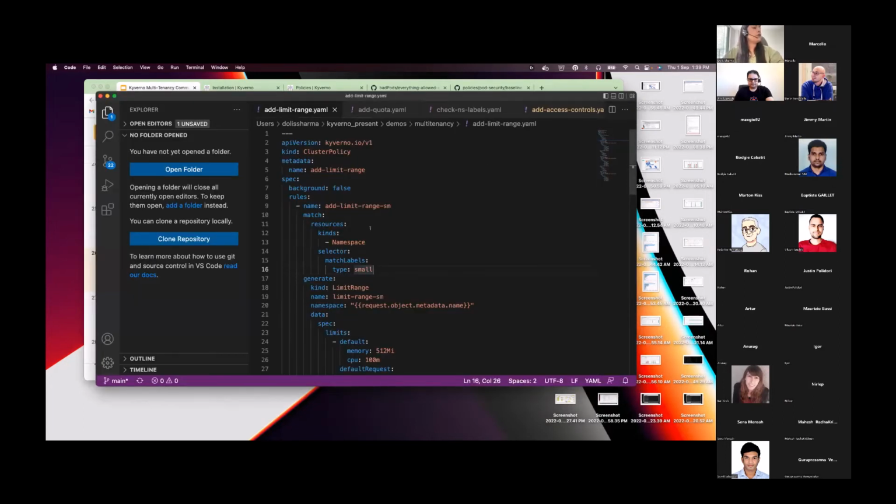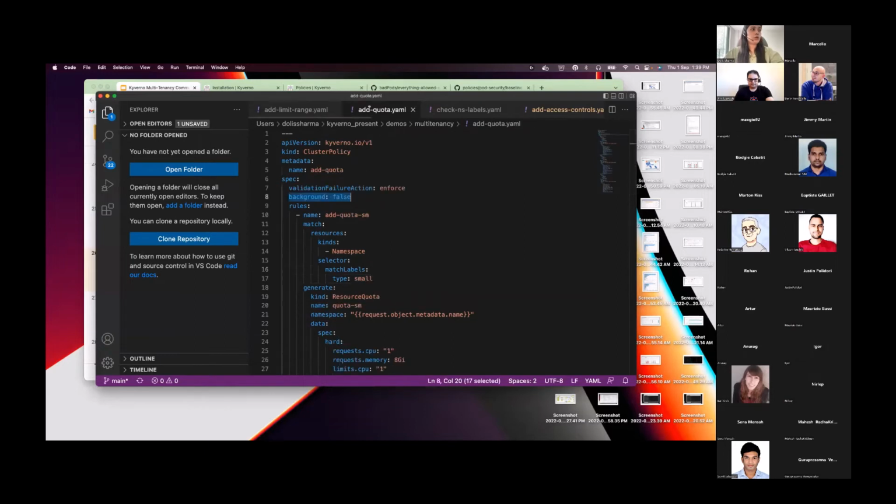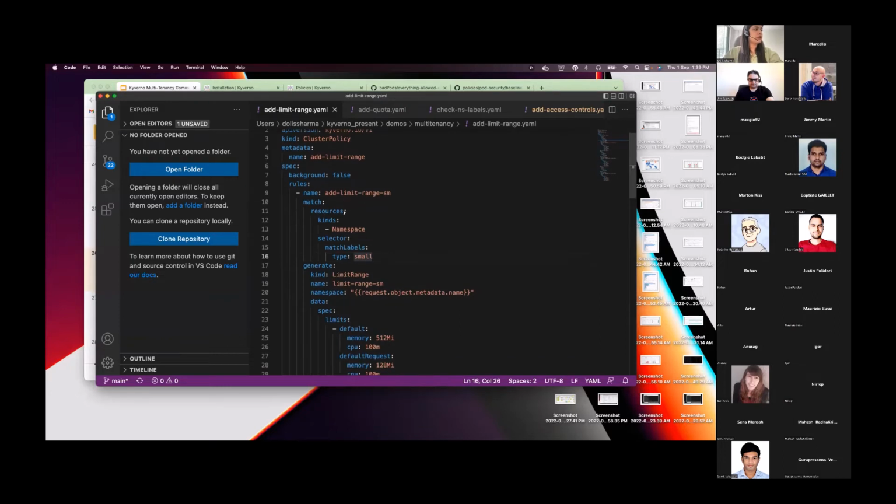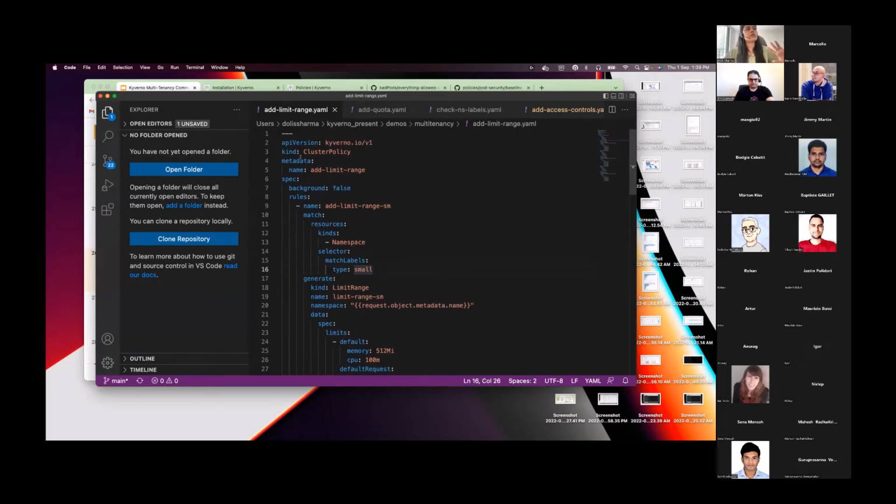So I have 2 policies over here, which are going to make sure that every namespace that is created has a quota created. If we look at what the policy does, this is generally a generate policy. Let's take a little bit of time and understand what a policy looks like and what the rules and conditions look like. So the basic couple of lines are just the cluster policy, its name, and then you have a rule